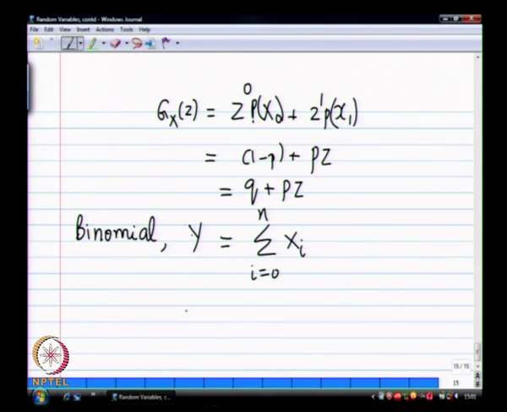Now if I want to derive the z transform for this binomial, what is it? I can derive this both ways. I can go to the basic definition of binomial and start with that and then come back to this one, or remember that my convolution theorem comes in handy. Now my y is a summation of all those n independent variables, and therefore the MGF is simply the product of the corresponding MGFs in whichever transform that you are looking at, right. So this is simply